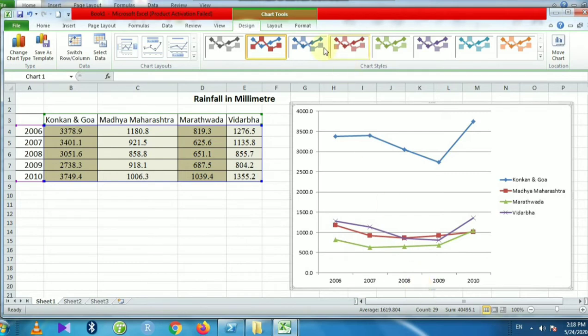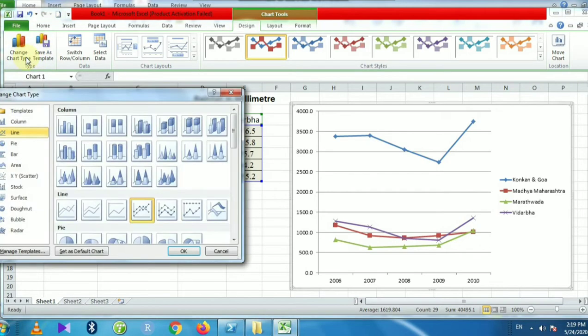So now we will see how to edit or modify this line chart using chart tool option. Under the chart tool option, we have three menus: design, layout and format. So we will see one by one. Let us start with the design menu. Under the design menu, we have the option of types. Under the types group, you can change the chart type from here or save as the template. So these are the two options available here.